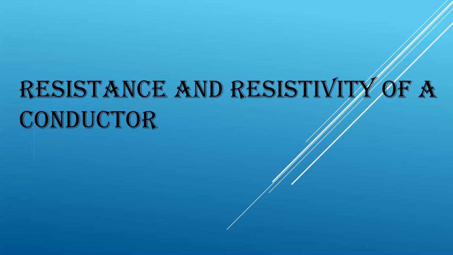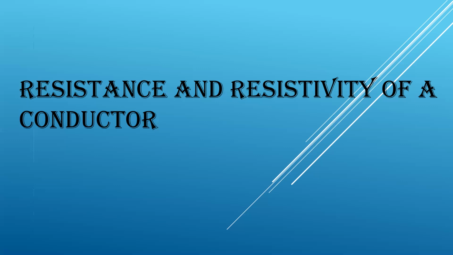Next part is resistivity. What is resistivity? At a given temperature, the resistance, denoted by R, of a conductor depends upon its length, area of cross section, and the material it is made up of. Again, I'm repeating, what is resistivity? Resistivity means at a given temperature, the resistance R of a conductor. I said the meaning of resistance, right children? That conductor depends on its length, cross-sectional area, and the material it is made up of.